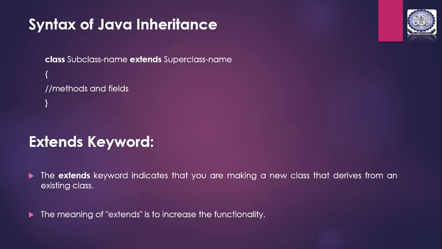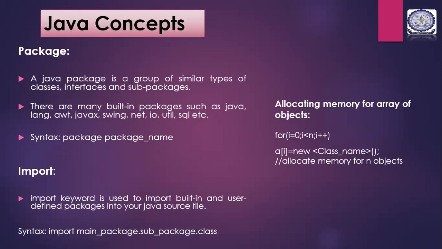So code reusability is here, and you can reduce the space. Once you stop defining the function again and again, you will be reducing the space and reducing the CPU cycles, so the stress on the processor will be reduced. Before we write the Java program, we'll have to see a few Java concepts.